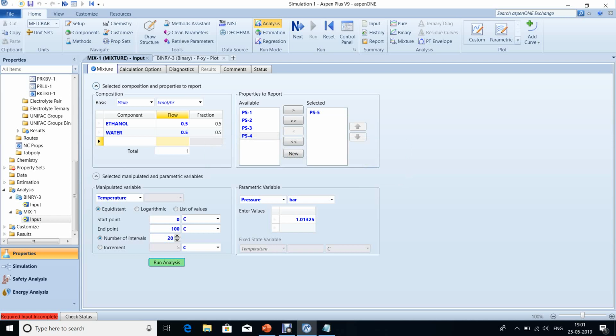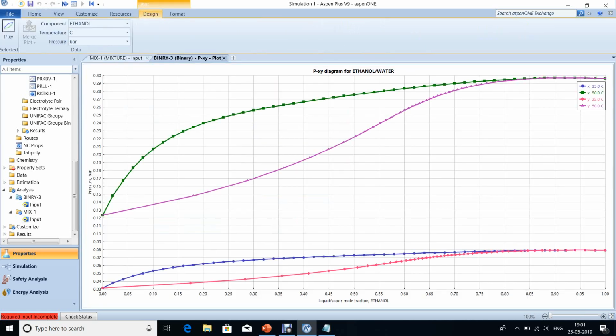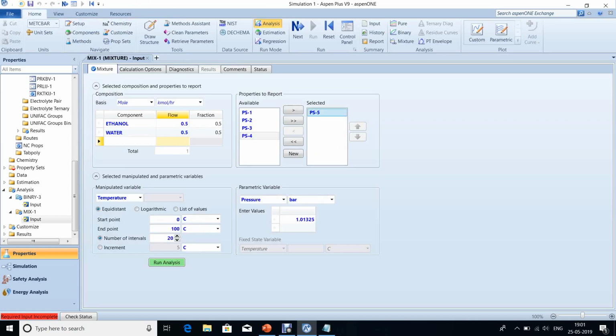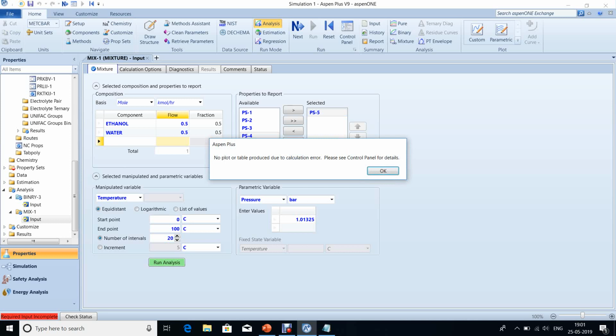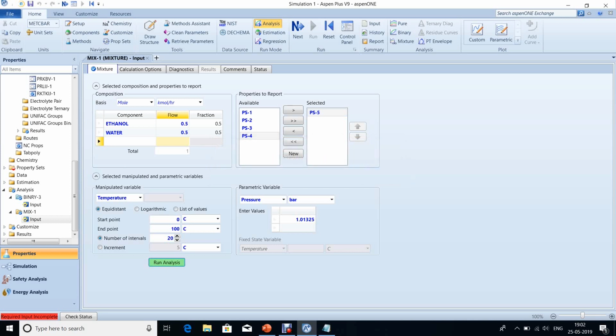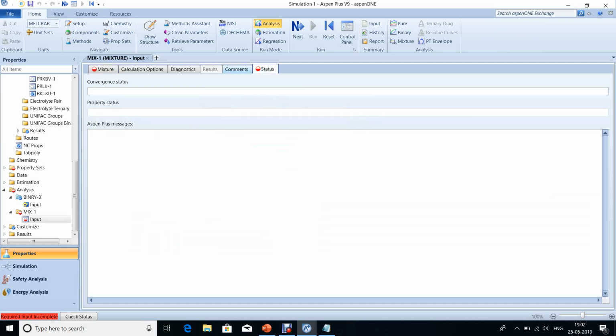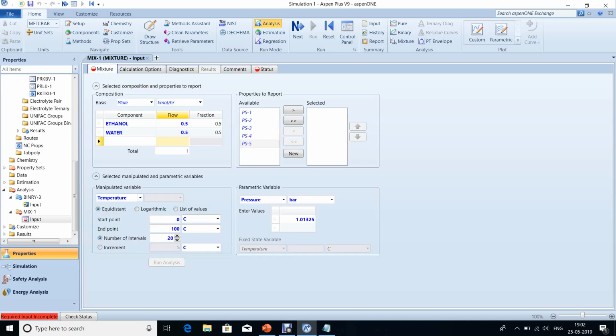Oh, there is some error. It looks like there is some error. No problem. I will again try running it. I don't know what the error is, but okay. Let's try increasing the temperature range. Pressure would be say 2 bar,